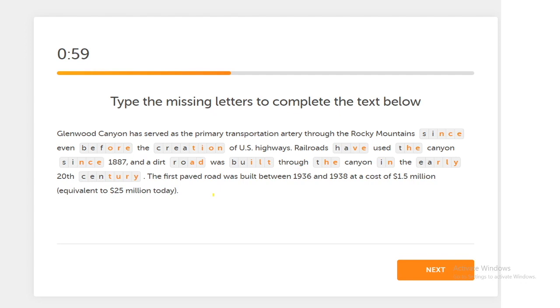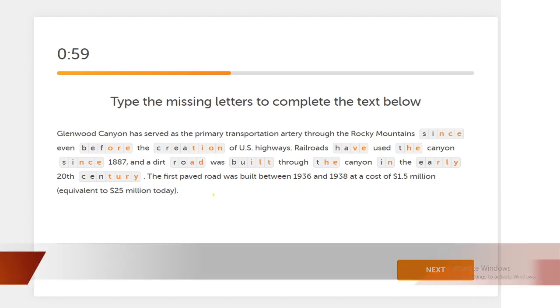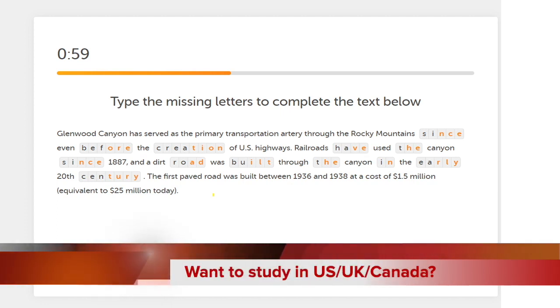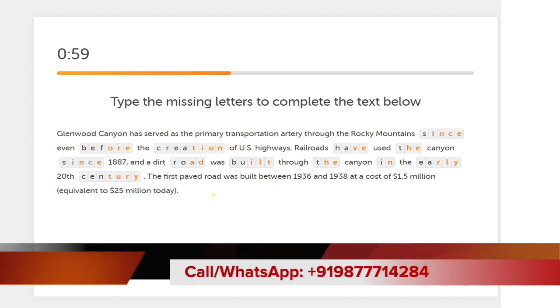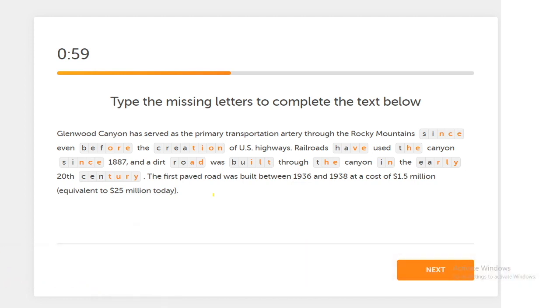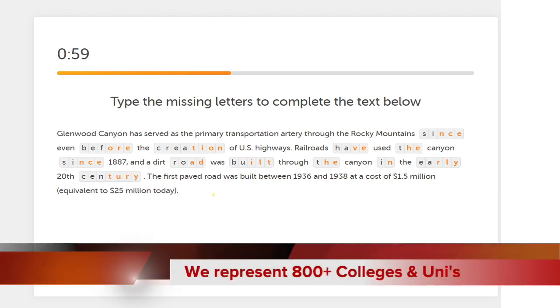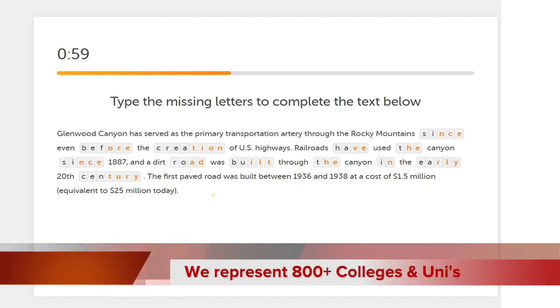Now, the name of the mountains is Rocky, just like in India we have the Himalayas. Similarly, in the US we have the Rocky Mountains. Okay, so the first one is "since". SI was given, and I guess "since" could have been easily guessed here because they're telling you about a time. So, since